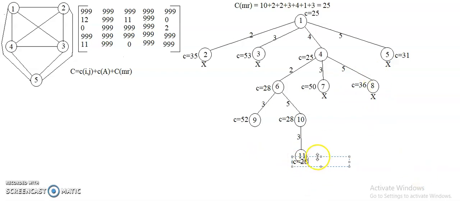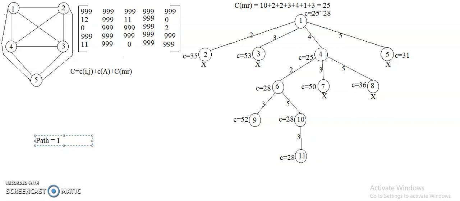So once the cost got updated, sorry, I forgot to tell you. Once the cost got updated over here, finally I need to change the cost. Once after finding the complete cost, I need to update it here. So the total cost required here is 28. Now whatever path you have obtained, you are supposed to draw. So path is equal to, I am typing here.